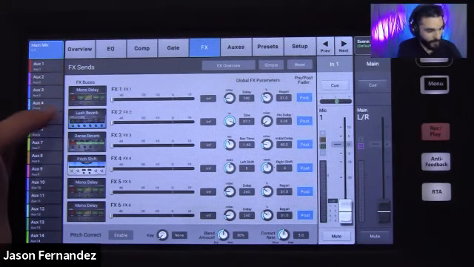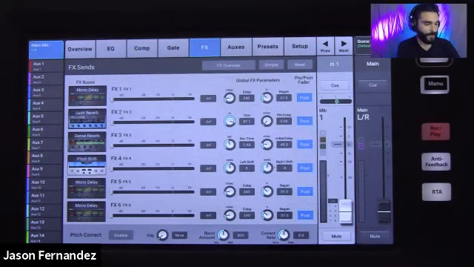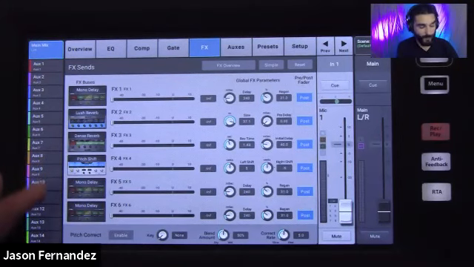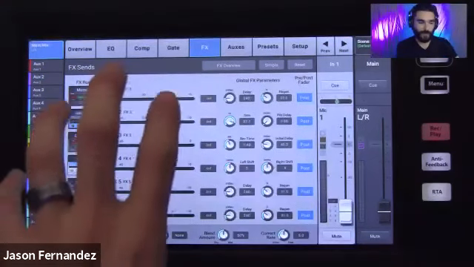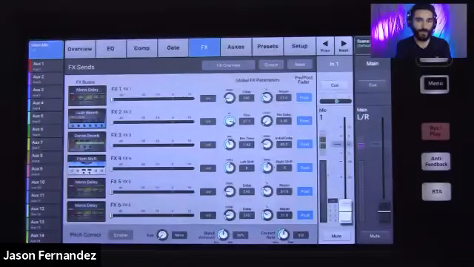We've got a couple of delays here, a mono and a stereo delay. We've got 2 reverbs, a dense and a lush reverb. We have a pitch shifter, and we have a chorus effect. On the TouchMix 30 here, you can see I have 6 effects on my page. There are 6 effects engines on the TouchMix 30, and 4 effects engines on the 8 and 16, so there is a slight difference there. They still do have the same total number of effects. It's just the number of instances you can recall at once that is a little bit different. There are 2 fewer instances that you can utilize at any given time on the 8 and 16. Nonetheless, that is a good number of effects to have at your disposal for any event you might be running.